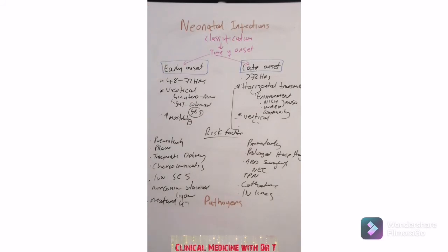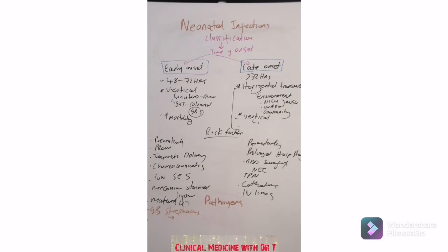So the most common pathogen for early onset is group B streptococcus. Remember, this is just a group. The main organism there is Streptococcus agalactiae. I'm not sure if I'm pronouncing it right, so please just look it up and then you decide how you're going to pronounce it. But it's Streptococcus agalactiae. That's the main pathogen there, and the reason for that is because this bacteria